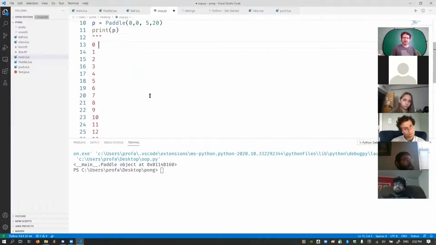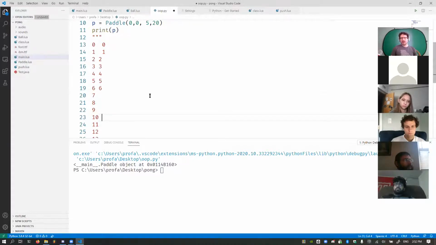But in hexadecimal, you've got the same 0, 1, 2, 3, 4, 5, 6, and so on until we get to 10.